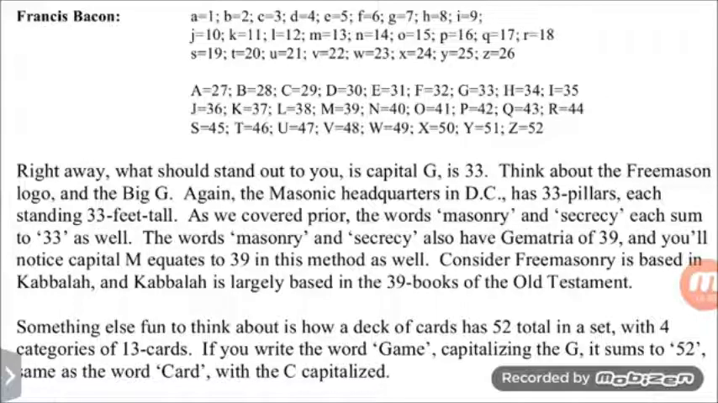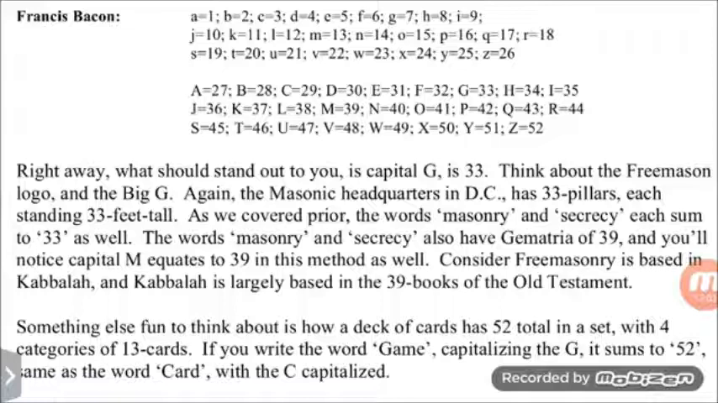Think about the Freemason logo and the big G. Again, the Masonic headquarters in DC has 33 pillars, each standing 33 feet tall. As we covered prior, the words masonry and secrecy each sum to 33 as well. The words masonry and secrecy also have gematria of 39, and you'll notice capital M equates to 39 in this method as well. Consider Freemasonry is based in Kabbalah, and Kabbalah is largely based in the 39 books of the